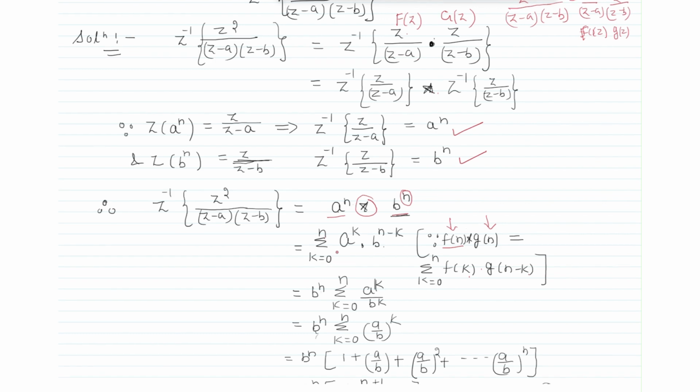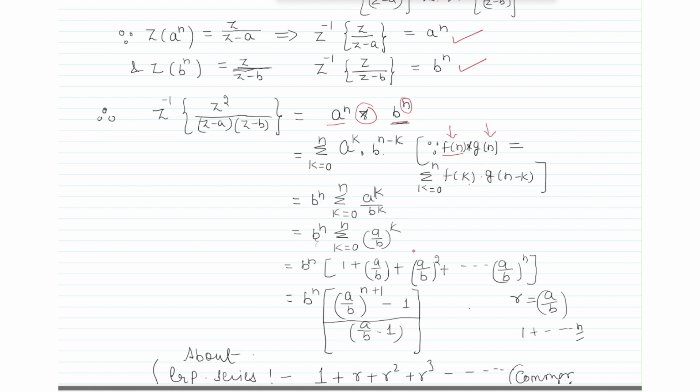Now in this problem, since the summation varies with k from 0 to n, if we split b to the power n minus k, we can take b to the power n out and write the sum for k from 0 to n of a to the power k upon b to the power minus k, or a upon b to the power k. So ultimately in the next step we can write a upon b to the power k, with k varying from 0 to n. These are the simple mathematical steps which we are following.